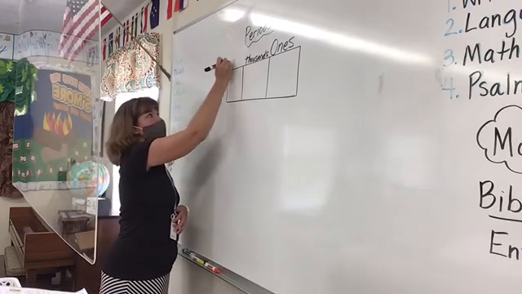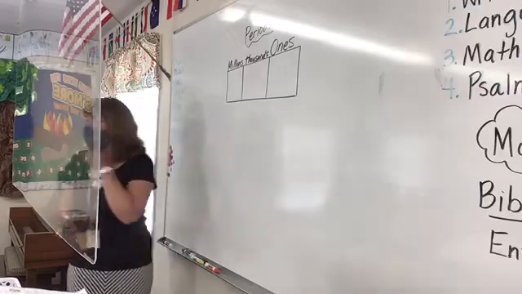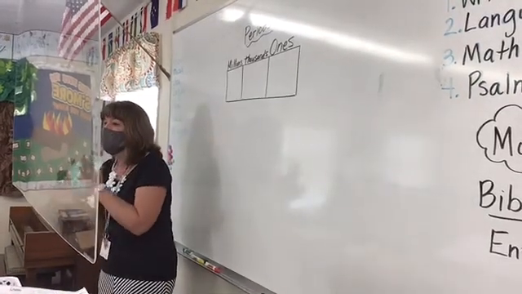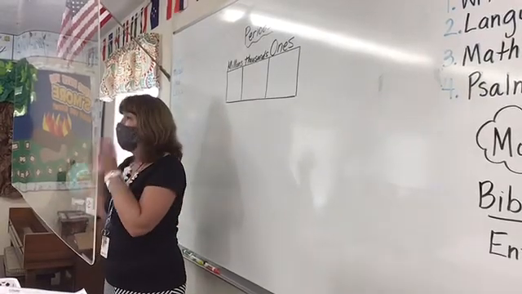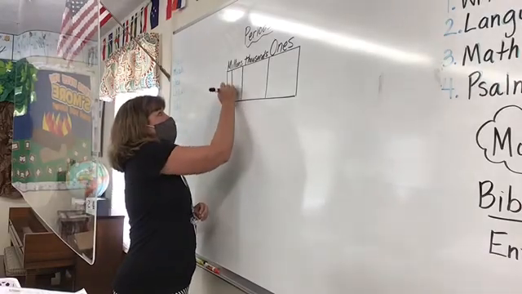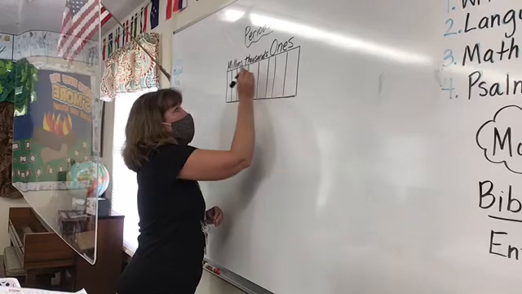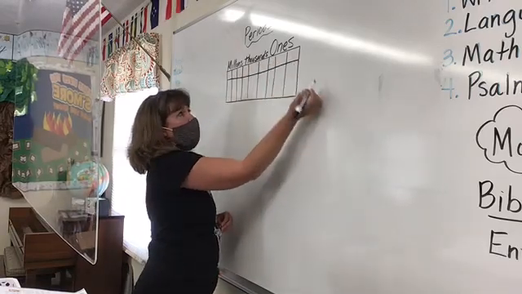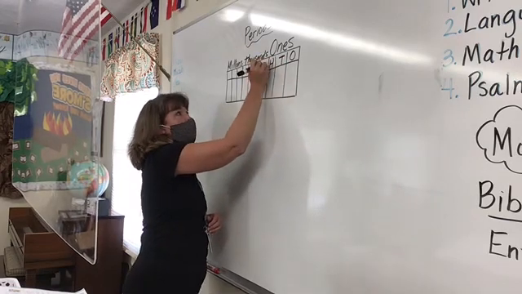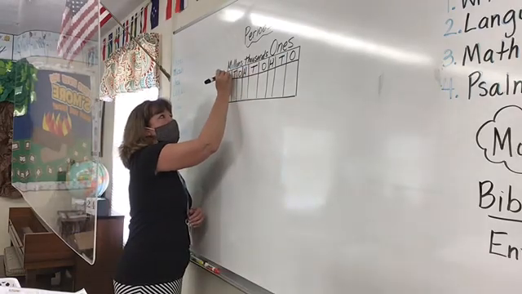Millions. Now, remember that pattern that we had? Ones, tens, hundreds, ones, tens, hundreds, ones, tens, hundreds. There's a ones, tens, hundreds in each period. So, if I divide each period into 3 sections, I've got ones, tens, hundreds, ones, tens, hundreds, ones, tens,